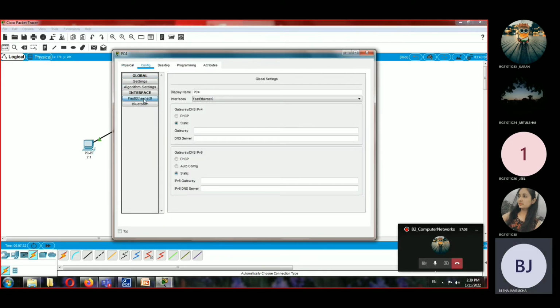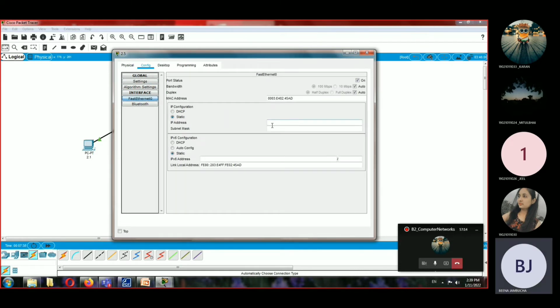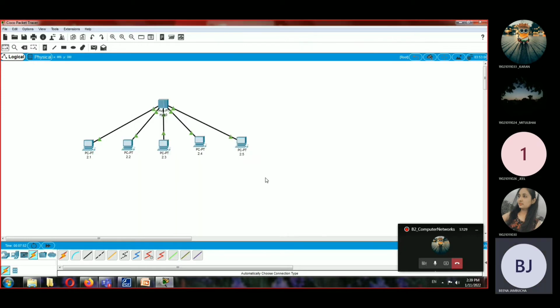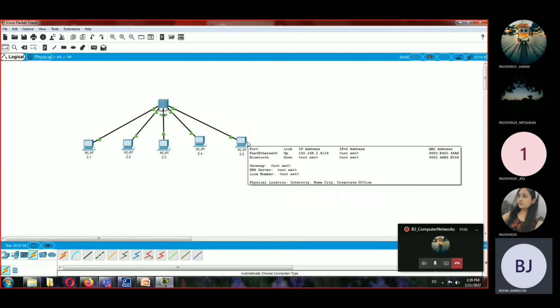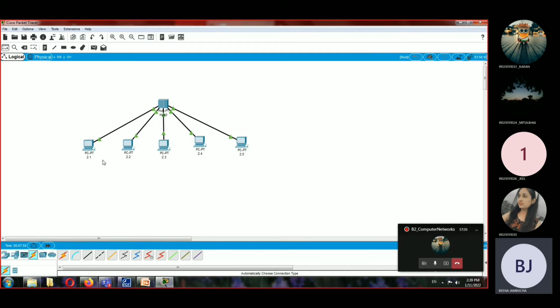Go in config. The name is 2.5. Fast Ethernet 0, 192.168.2.5. Right. So fast Ethernet 0 is actually the type of connection. And close. Now see, all the computers are given names like their IP addresses.